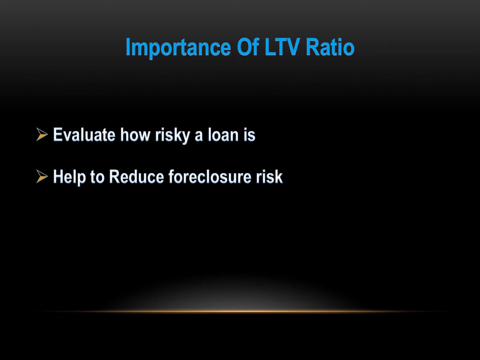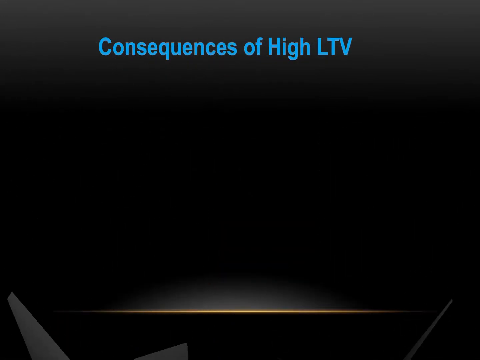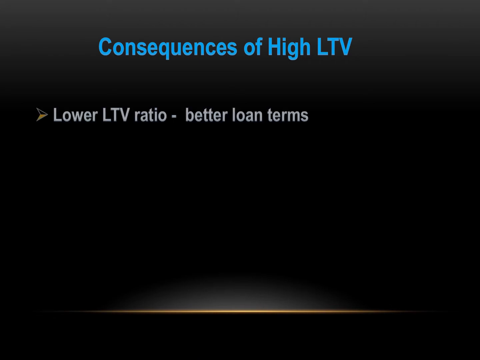Also, banks know that prices change. They can go up, but they can also plummet. What happens if the bank secures 100% of the value and there is a collapse in the housing market with prices going down? The lower an LTV ratio is, the better the loan terms will be. For instance, if John can make a larger down payment and have a ratio of 70%, then for sure his interest rates will be lower than his current 90% LTV. If a bank has to give 90% or even more to a borrower for a purchase, that's a sign that there is a higher risk. Even though I've previously said it's not the main factor, it does have a serious effect on the total cost of the loan. However, there is some good news.